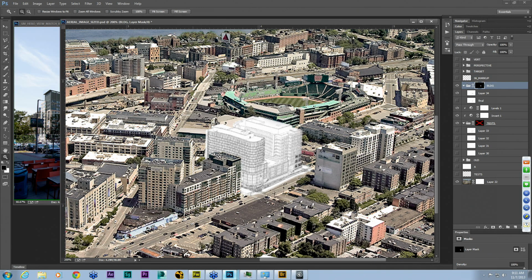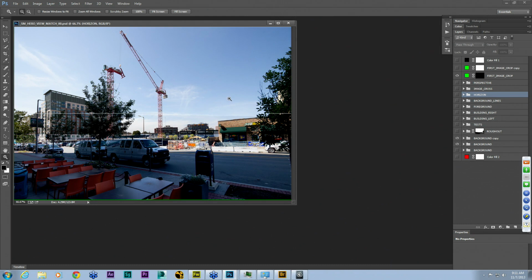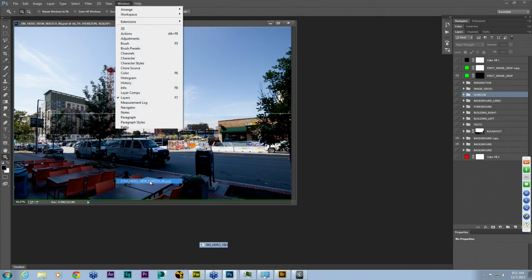So this is a pretty good view match for us to start working on doing the rendering. So we're going to close that, and then we're going to go to the next example, which is a hero image. At the end, we're going to have something that